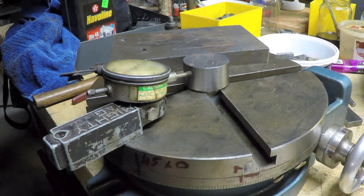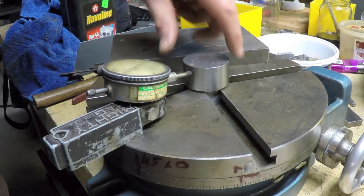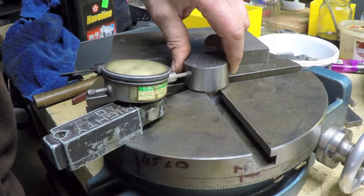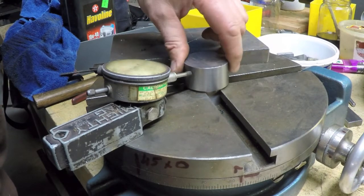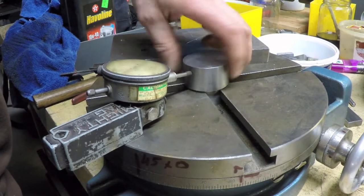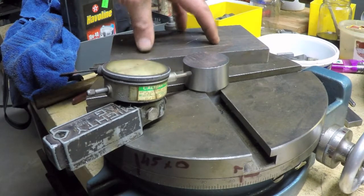So I just grabbed my Mighty Mag indicator base with this old Starrett indicator on it. I threw it in here. I've got it up against the side of the cylinder here, and if I rotate the cylinder around, I can see that it's actually, well, it's not a super tight fit in there, so actually I can rock this. So that's really not going to tell me much, is it? So I guess I'm not going to really know if that's perfectly concentric. Depending on what I was making, I might be not at all happy with this fit. But the reality is, because of the nature of the part that I'm making, I can get away with this